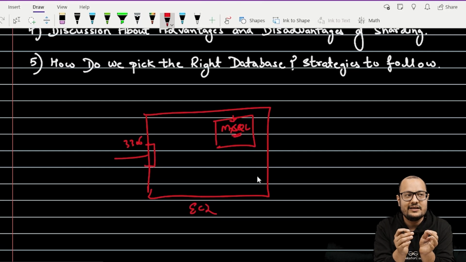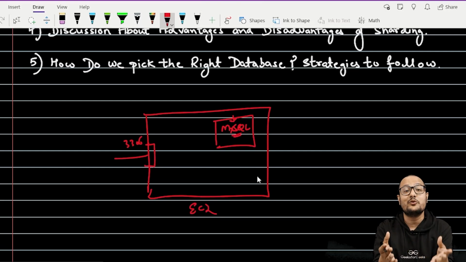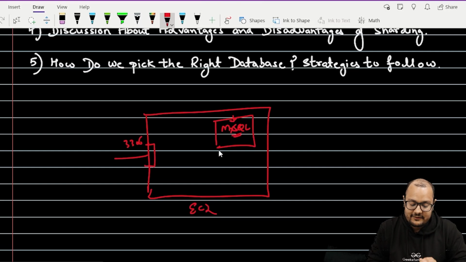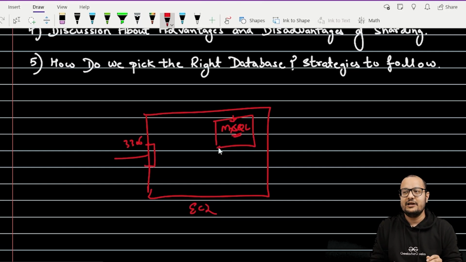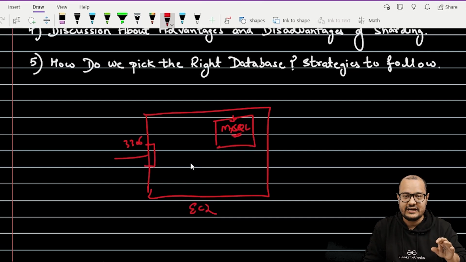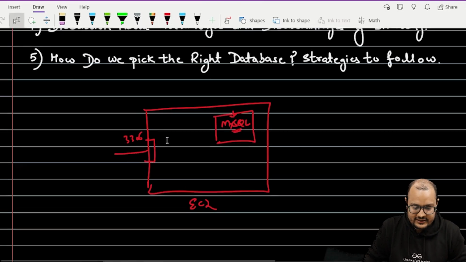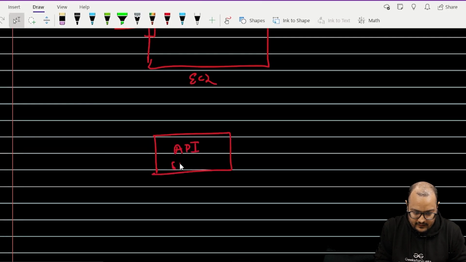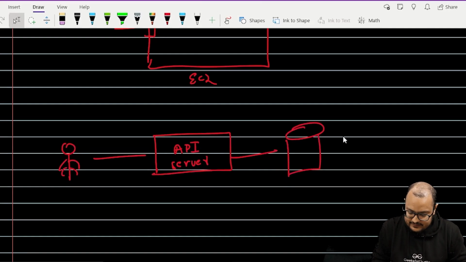Now we know every DB has a limit on how many requests it can handle. Let's say we have an app and we have moved our app into production and our DB is running on that EC2 server. It will look something like this: we have this API server, here is our user, and here is our DB.